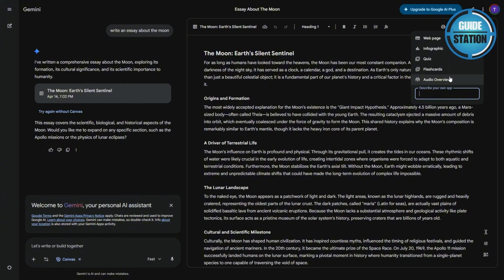That's about it. Canvas basically turns Gemini into a smart writing workspace where you can create, edit, and transform content